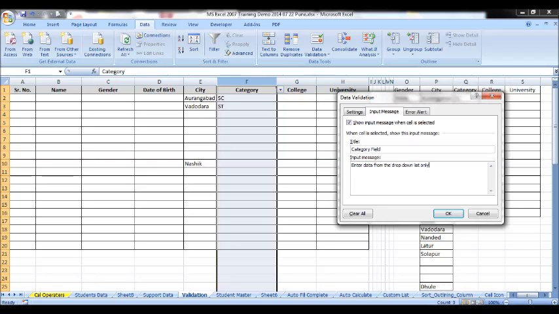This message will appear on screen whenever you select the cell.